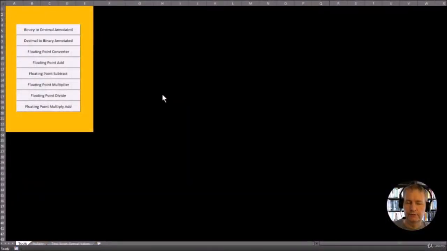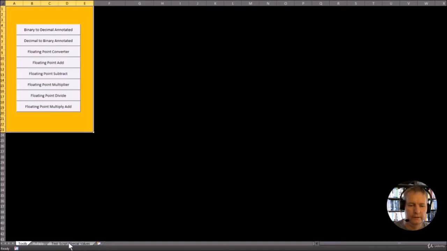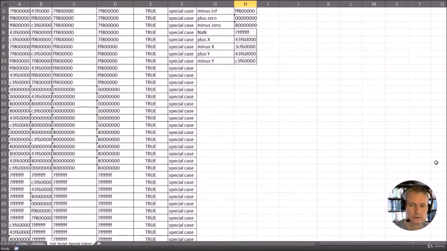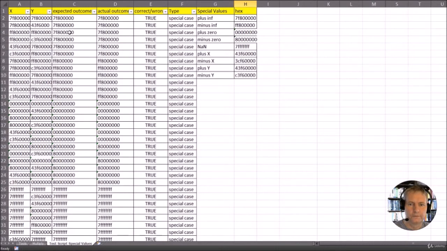So if you head into the resources section, there's a spreadsheet, so you can go and open that up. There's another tab on the spreadsheet called Test Script Special Values, so you can click on that tab and it's going to take you through here. I'll actually zoom in a little bit so we can see it a bit better. What I've done is I've created a test script for all of the possible inputs for X and Y and all the expected outputs